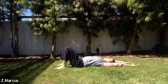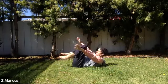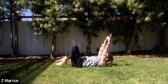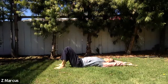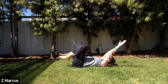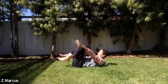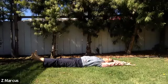Reaching the arms overhead, inhale, stretching long. Exhaling, curling up. Inhaling, feet down, arms reach, stretch out of the fingers. Inhale, exhale, curl up. Now, if you like to work harder on the inhale, you can straighten the legs and